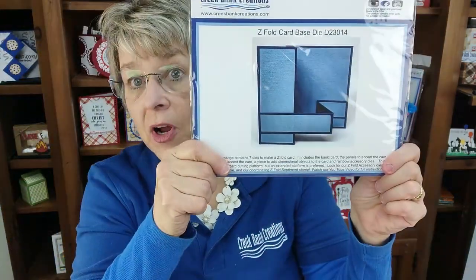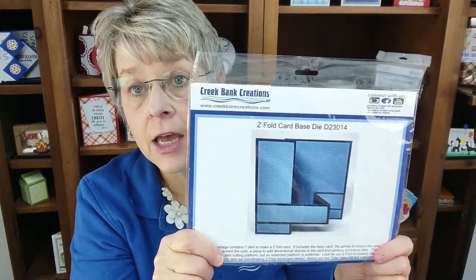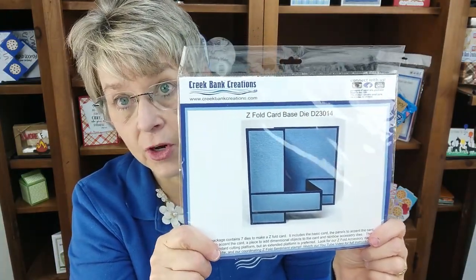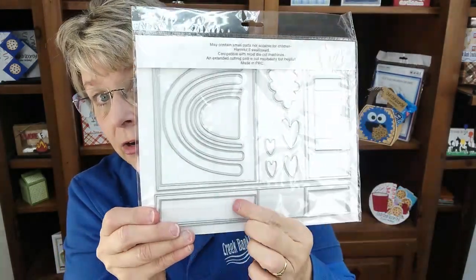It's January 2023 and we do have new product. This is the Z-Fold program that we're introducing, the Z-Fold card base. It starts with this die. It's the basic Z-Fold card die. You die cut the panel. It includes the mats for the inside, the banner that goes across the front, and that gives you a basic